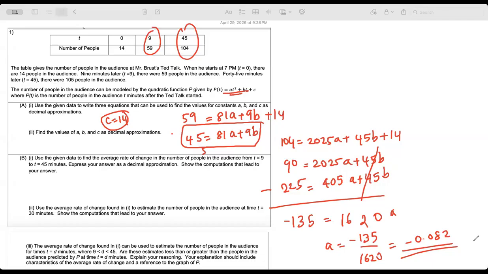Does that make sense? Advik, did you get it? Yeah. Okay, so A, B, C. Now you got A, substitute it back into our equation, you get the B value. So basically your A value should have been minus 0.083, B value is 5.75. Okay, now this is how you find it manually.